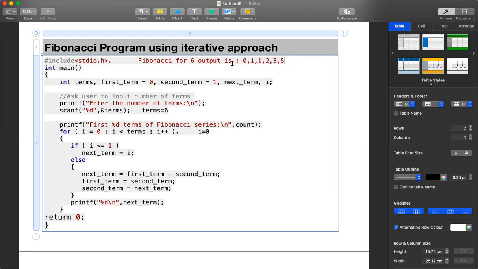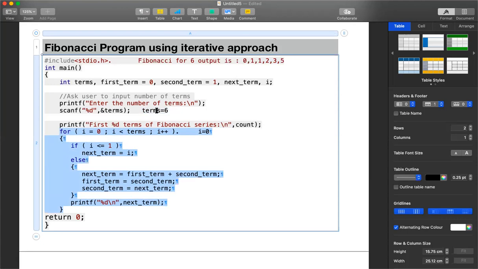Now we need to generate these numbers. So you know what the first number in the sequence will be? 0. So the first output should be 0. As I said, we are finding out how many numbers we have generated. Sequence of 6 numbers. That is the reason we have given term as 6. Now this loop will run how many times? This loop should run 6 times to generate this sequence. Okay, that is what we are going to see here.